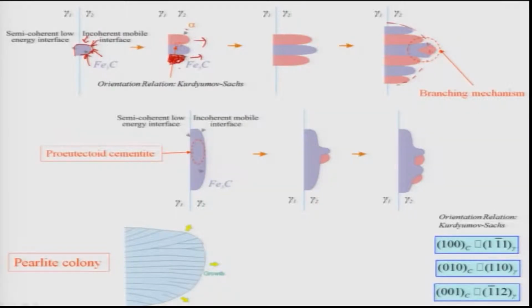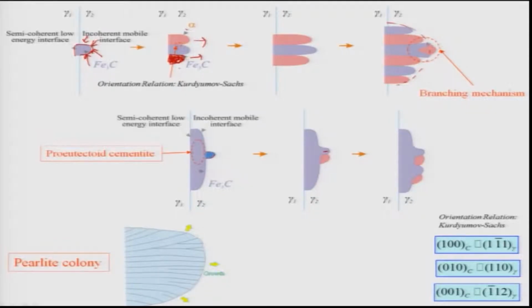And this pro-eutectoid cementite, if it is present, will be present mostly on the grain boundaries, because grain boundaries are the ones which allow nucleation of these pro-eutectoid cementites. If it is present there, it will lead to easy nucleation of the cementite for the pearlite. Okay, that is what is seen here. This cementite can nucleate very easily, and because of that it can actually have a certain kind of